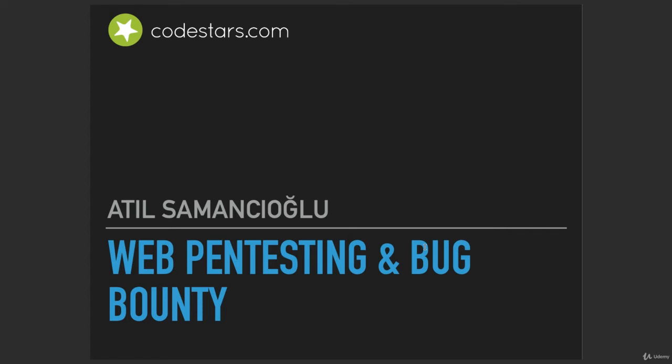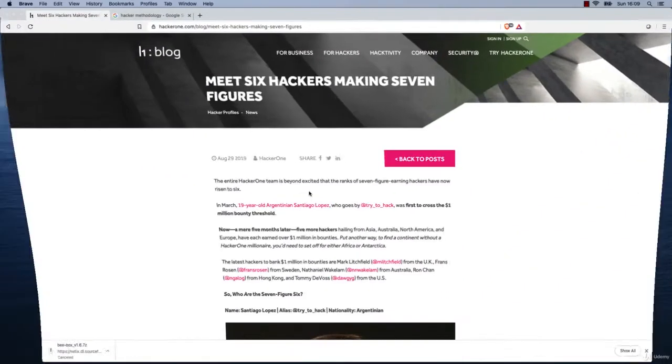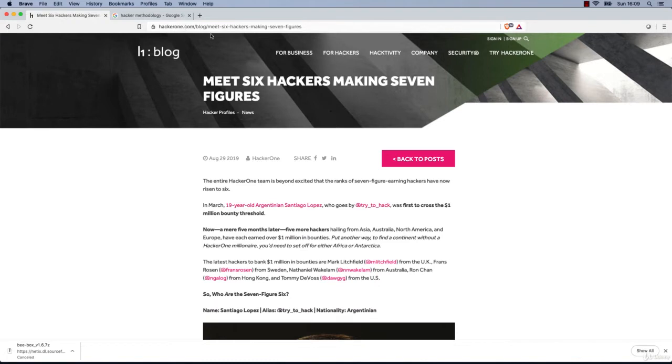So if you want to know about the cybersecurity side of web applications, and if you want to find the vulnerabilities and find some bugs that may lead to serious problems in that website or in that company, then you're absolutely right. For example, let me show you some article from hackerone.com.